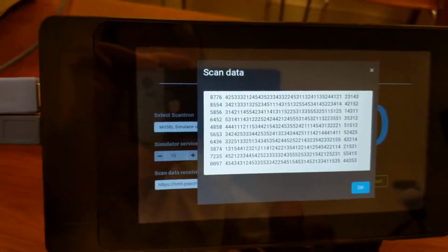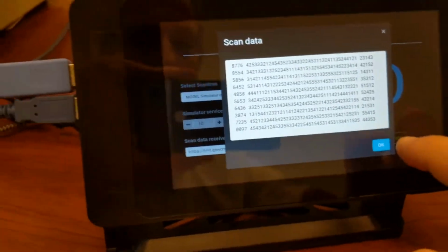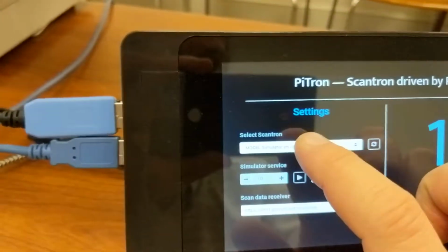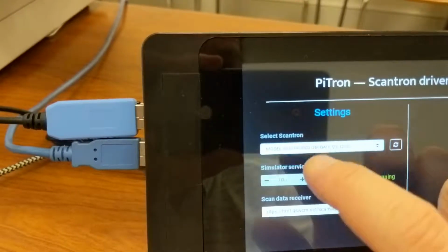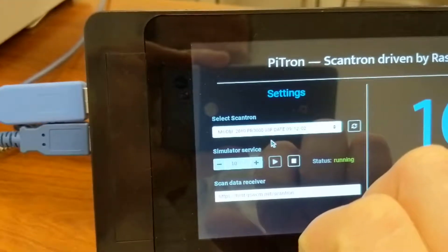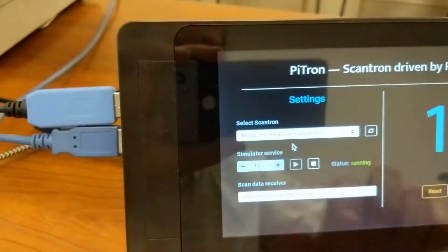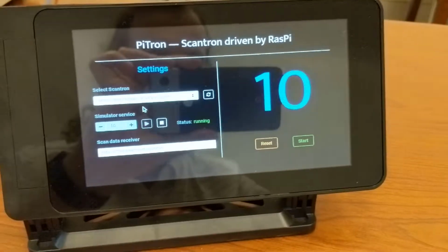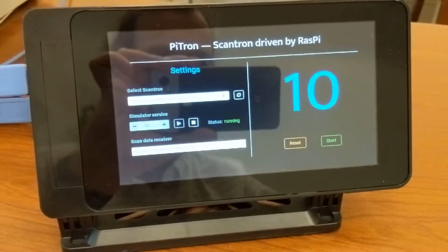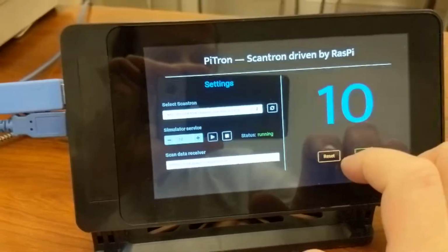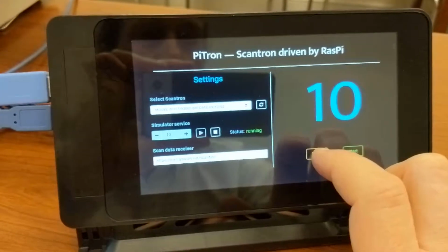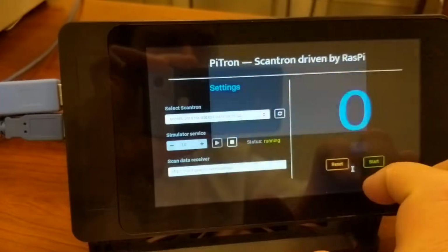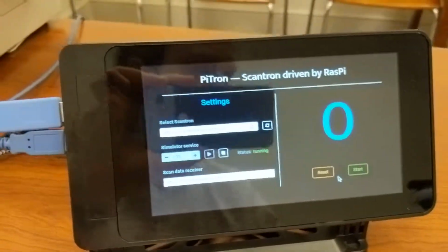So anyway, this is the scan data for the 10 scans. I can close this dialog, and now I can choose the real Scantron machine from the list. For that purpose I of course don't need to specify a number of actual sheets, because it will be identified based on the number of actually scanned sheets. So now I reset the counter, no longer have anything in the list here, and let me scan